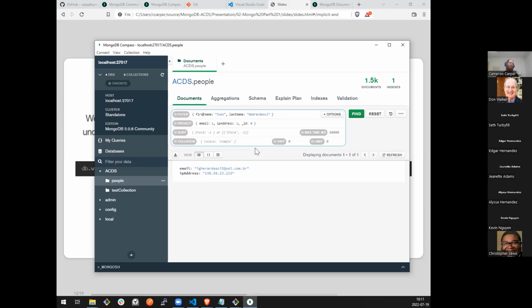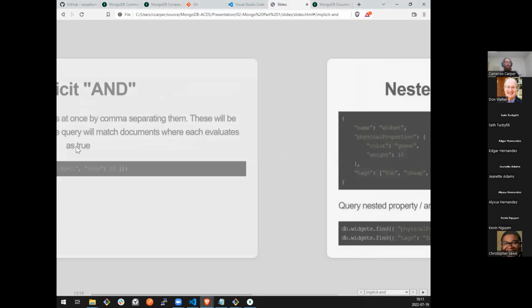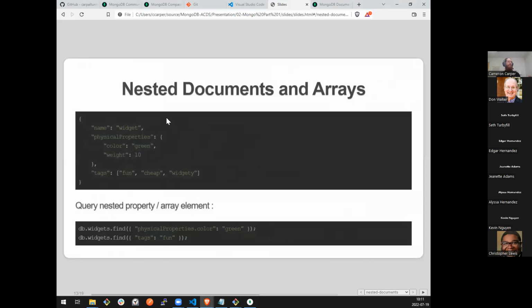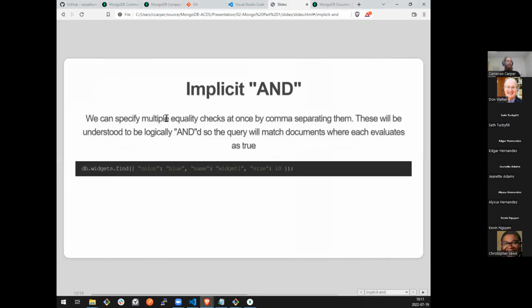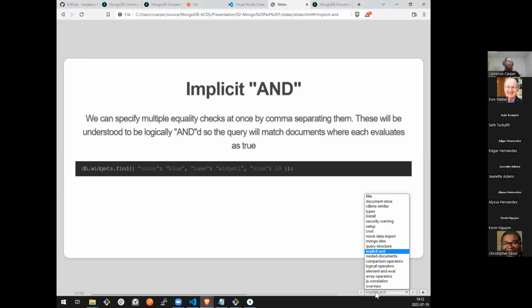That's called an implicit and because it is doing an and, making sure all of these query clauses are true, but we didn't have to specifically put the word and in there. However, when we get to more complicated queries, we may need to do that. We'll talk about how that is done in logical operators.